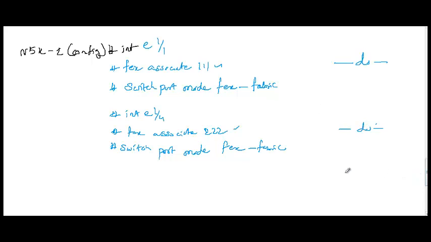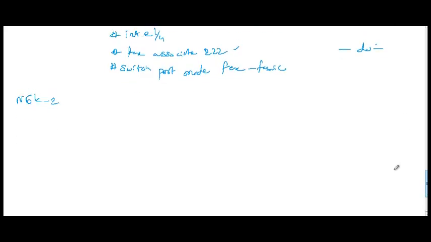So going under Ethernet 1/1 on N5K1, config, interface Ethernet 1/1, I'll say channel-group